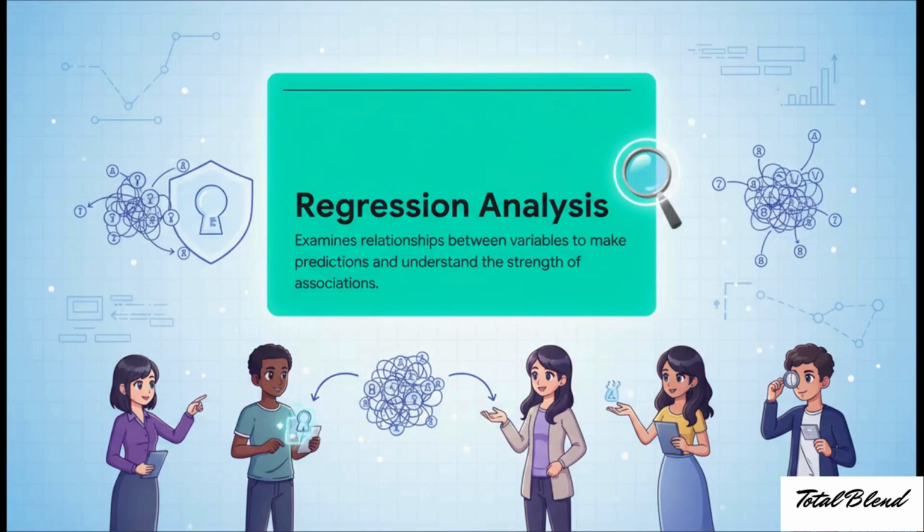So how do we deal with all that complexity? Well, one of the key tools is something called regression analysis. It's a way to look at the impact of a whole bunch of different things all at once. This is super important for avoiding something called confounding. That's when you think, oh, A is causing B, but really, there's this hidden factor C that's causing both of them. Regression helps us untangle that whole messy web.